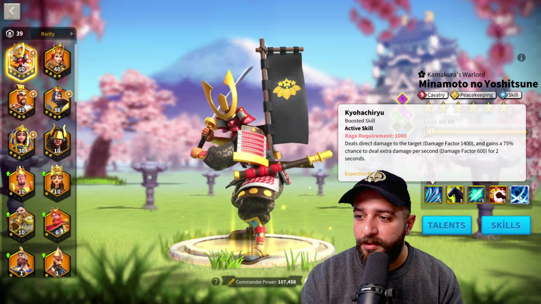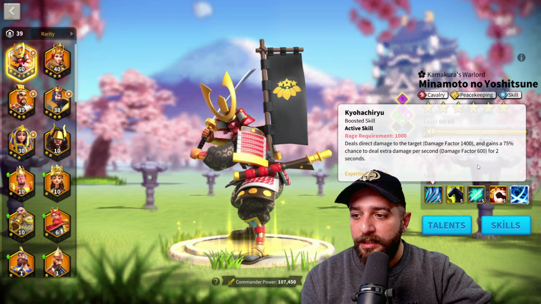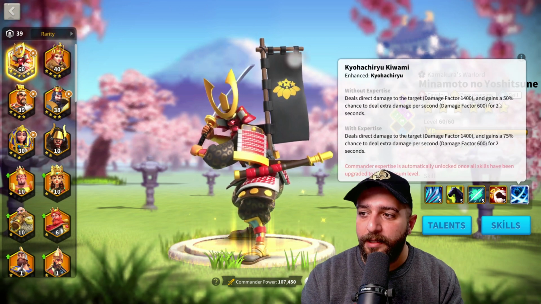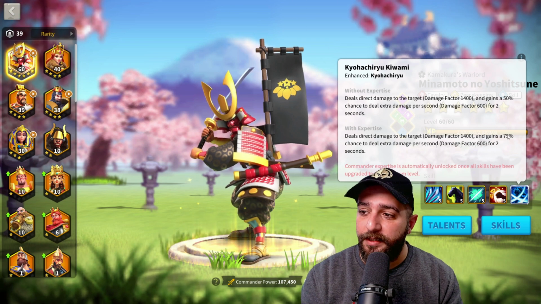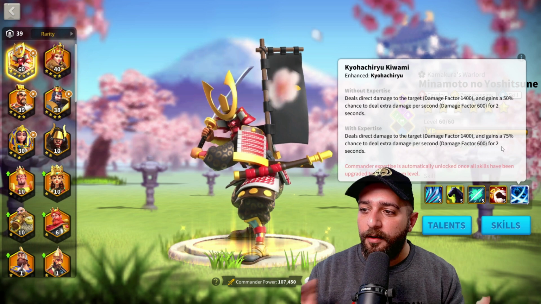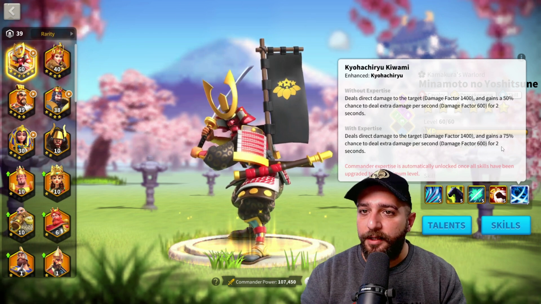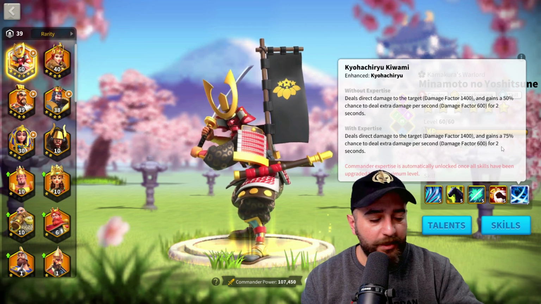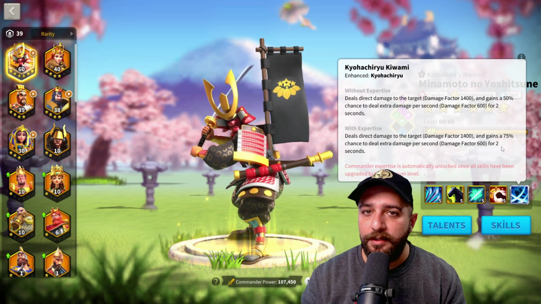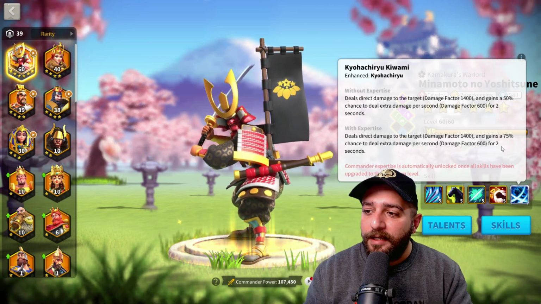Deals direct damage to the target, 1.4k, and gains a 75% chance to deal extra damage per second, damage factor 600 for 2 seconds. Normally, it is 50%, and after you expertise him, it is 75%. Now, technically, mathematically, what this does is only increase your secondary damage by 25%, because instead of a 50% chance, now you have a 75% chance,